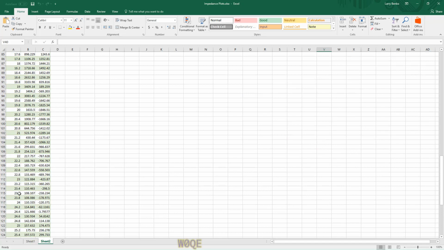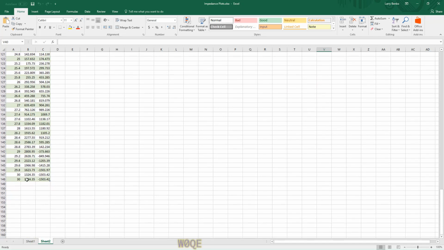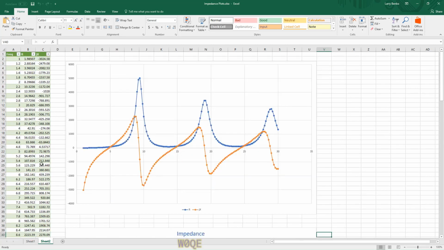And we can see it goes from 1 to 30 megahertz. We have an R and an X field. And the first thing I did was a simple scatter plot, and I let Excel figure it out. Excel gave me frequency on the x-axis as we expect, and it gave me one axis here, which is both R and JX. And we can see the resistive piece, which is blue,